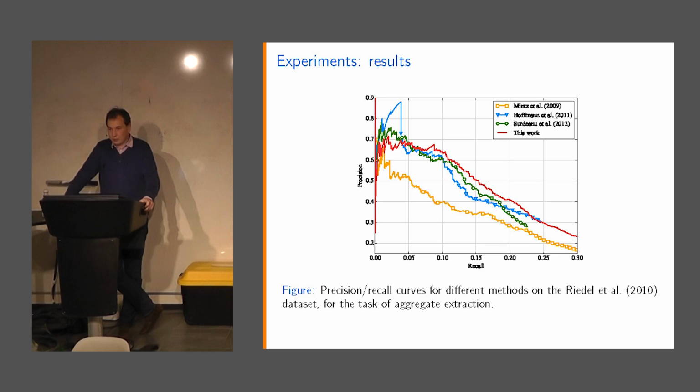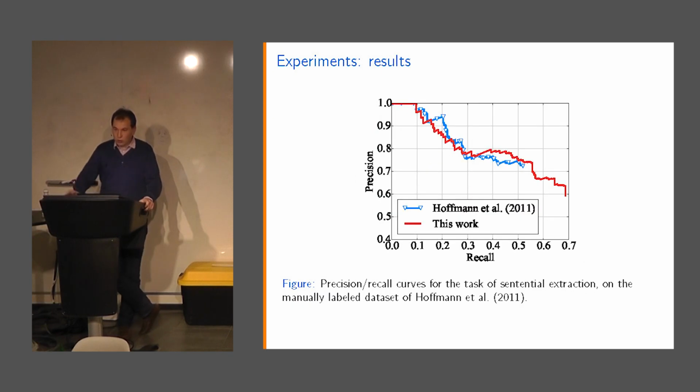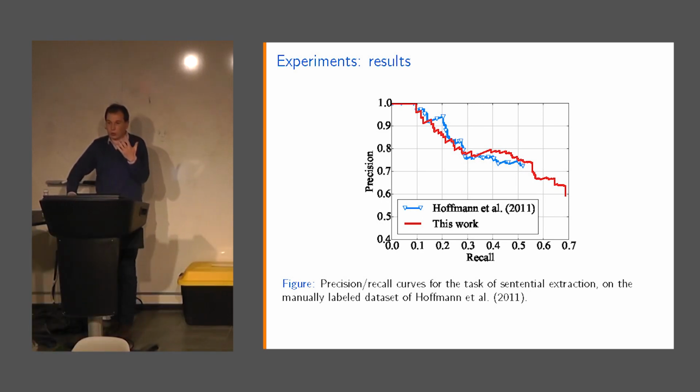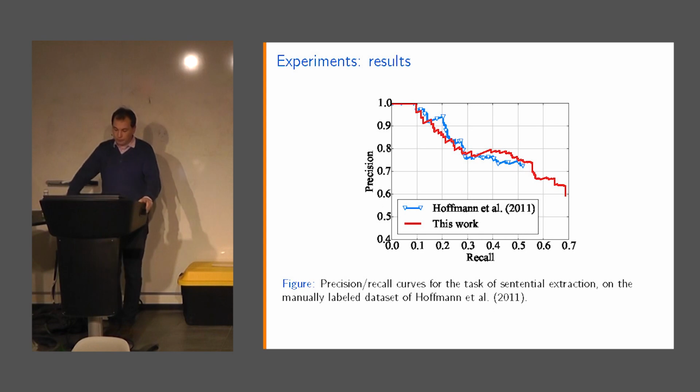You also gave sentence level precision and recall. Did you also do that only using Freebase, or how do you do that? This was about 1,000 sentences, I think, that were hand labeled. You take the classifier that you've just trained and run it on those sentences, and since you have the label for each sentence, you can evaluate the classifier.